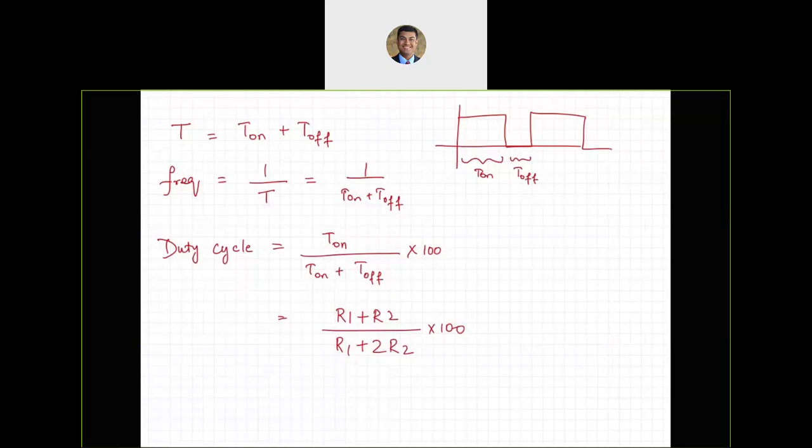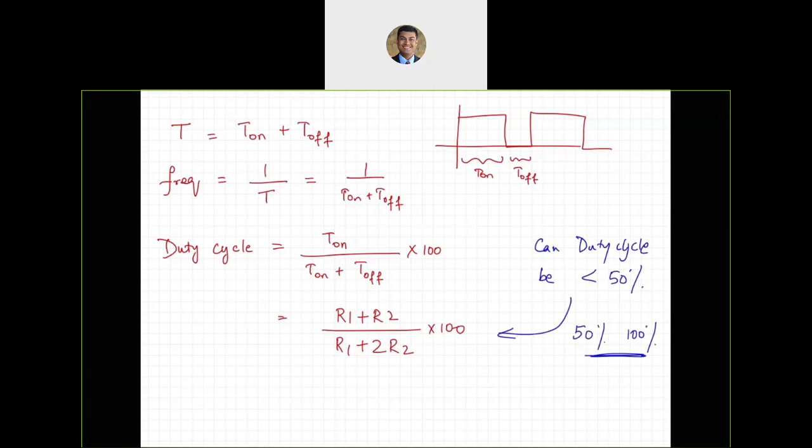Next, an interesting question over here is, can duty cycle be less than 50%? So by using any value of R1 and R2, can you achieve a duty cycle less than 50%? The answer is no, you cannot. You can only get from 50% all the way to close to 100%. So you can only get a duty cycle where your on time is slightly more than the off time, which means